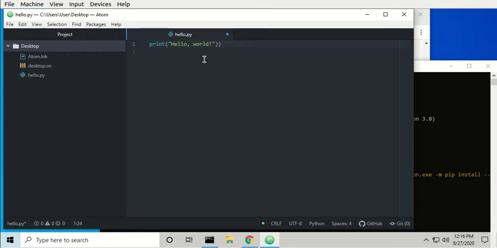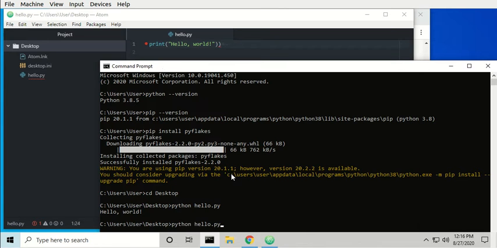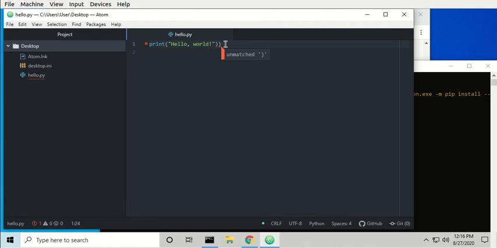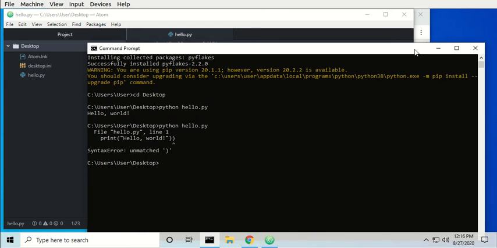So pyflakes, an example of that, I added an extra parenthesis here, and pyflakes is what's doing this. It's integrated with the additional package, the linter pyflakes package on Python, and so I have an unmatched parenthesis, and it highlights that line and tells me what the mistake likely is. Okay, so that gives you a hint before I run this. So if I were to save this and run this, we'd get an error, but see, it gives me this error, unmatched, but if I had listened to the linter, I would have seen it beforehand, and then it goes away. So that's what the linter does. So we've successfully installed